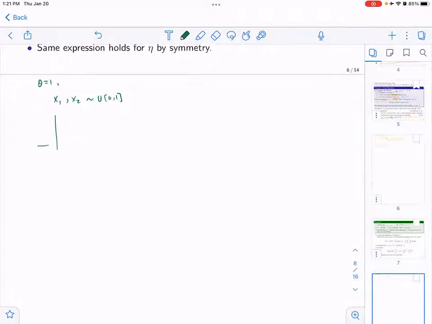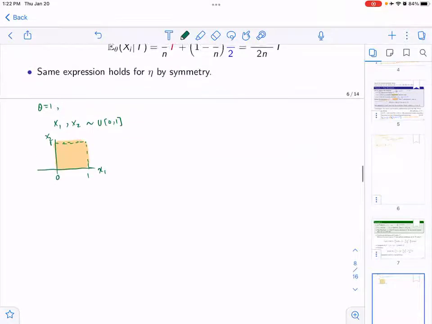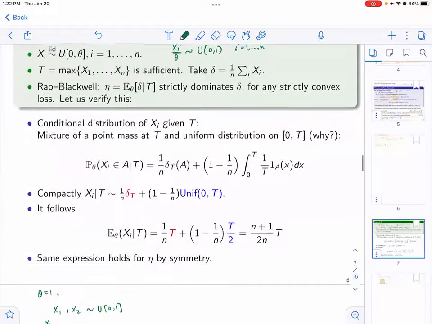So if I want to represent the distribution as like a distribution of mass in the plane, it would be like uniform in this square. In general, it would be the unit cube. Okay, so